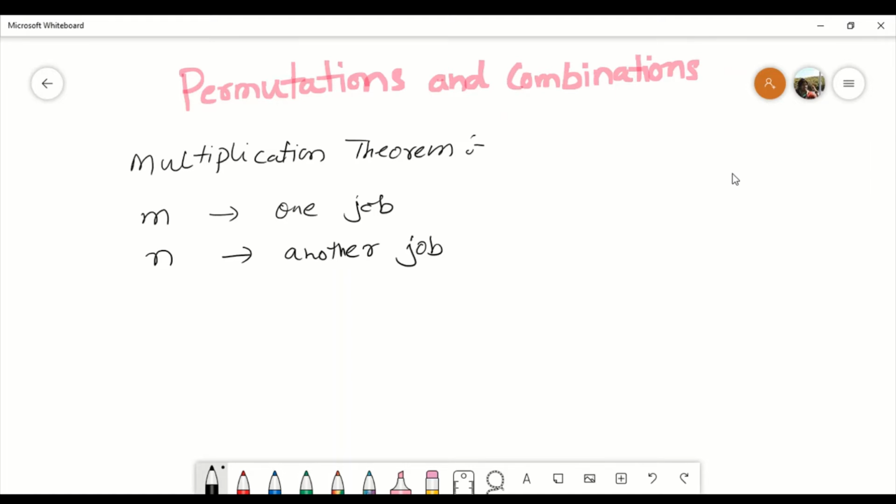For example, let's say in a class there are 10 boys and 15 girls, right? Now we have to make a team which consists of one boy and one girl, right? So we can say that there are 10 ways of selecting a boy, right?